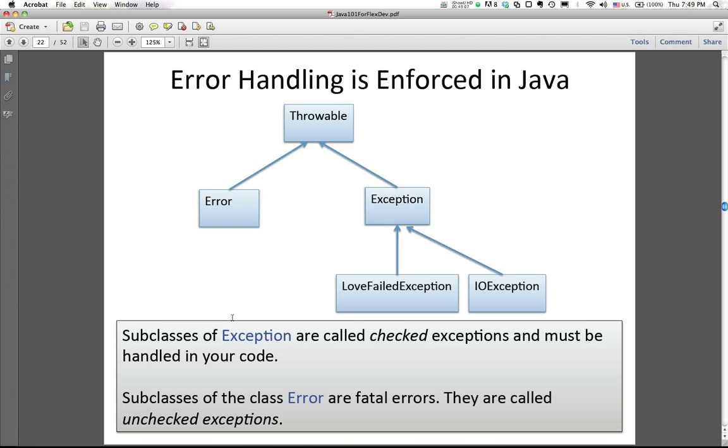The program crashes because there's not enough memory. So nothing you can do. But say you're reading a file from disk. Something can go wrong and the I/O exception can be thrown. So if you're trying to read a file from the disk and